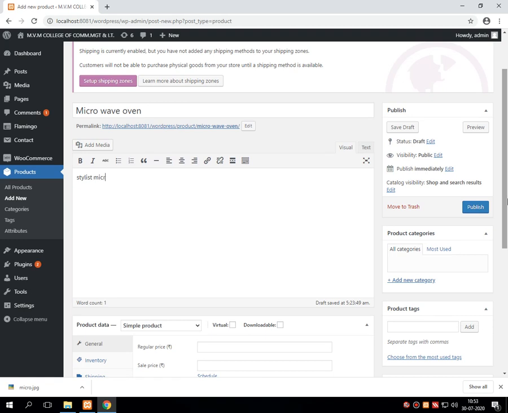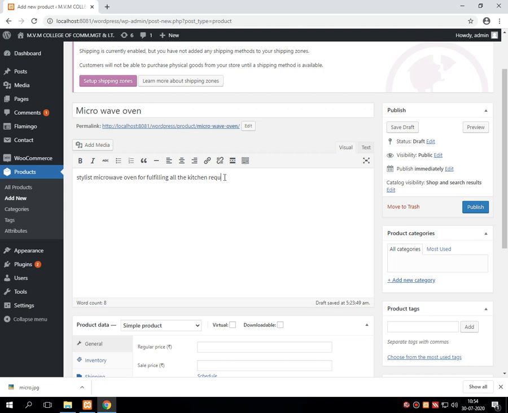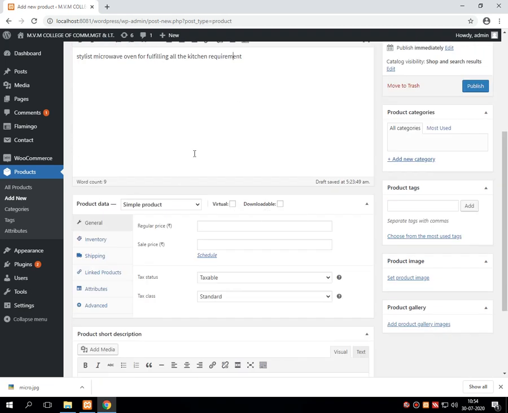Stylish microwave oven for fulfilling all the kitchen requirements. Simple. I am putting this description.